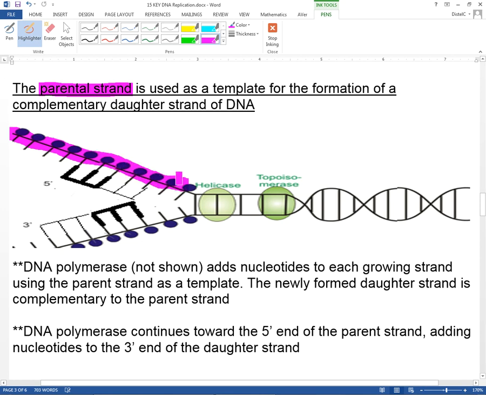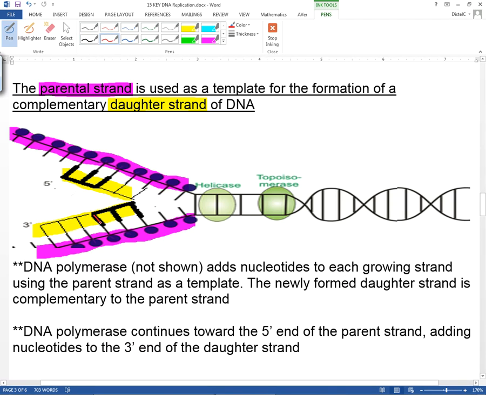So if I highlight what we are identifying as the parental strand, we mean that these two original pieces that we've separated. And then if I use yellow to represent a daughter strand, we're talking about the new strands that we are forming. Okay. So it says down below that DNA polymerase is going to add nucleotides to each growing